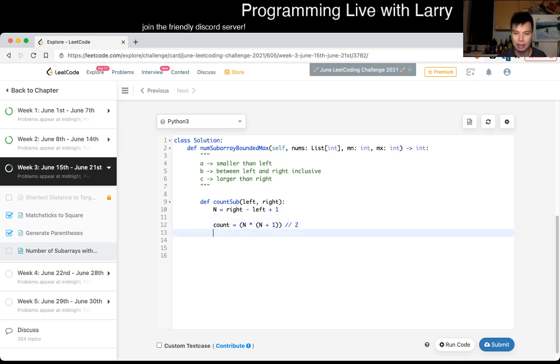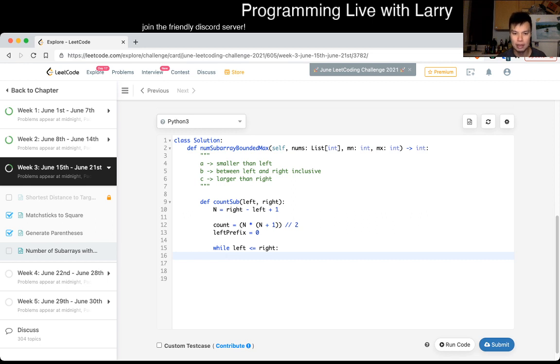So yeah, left prefix is equal to 0, and then we do a while loop while left is less than or equal to, let's just do if they're equal,